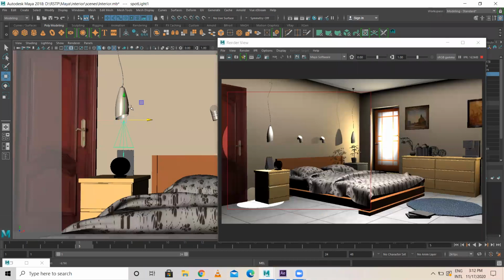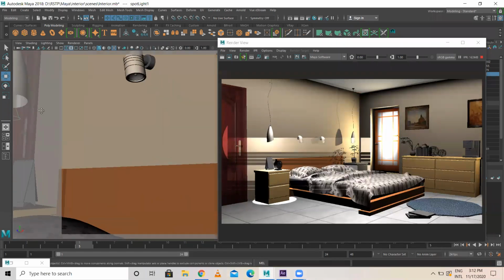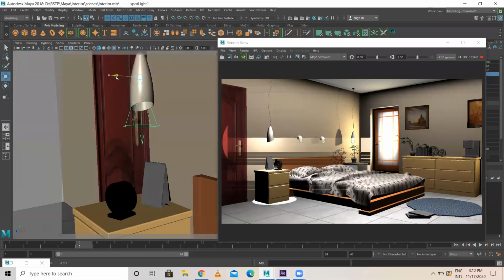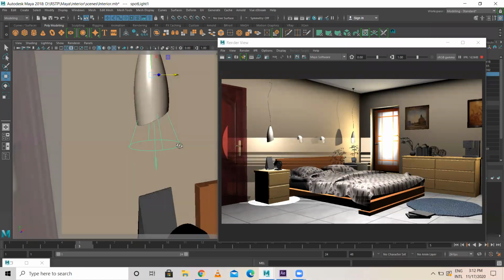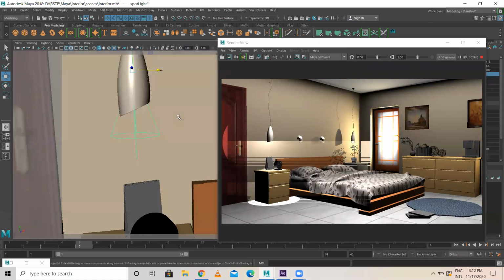Move here and you move here inside. Inside this model, you try to move the spotlight like this. Okay.